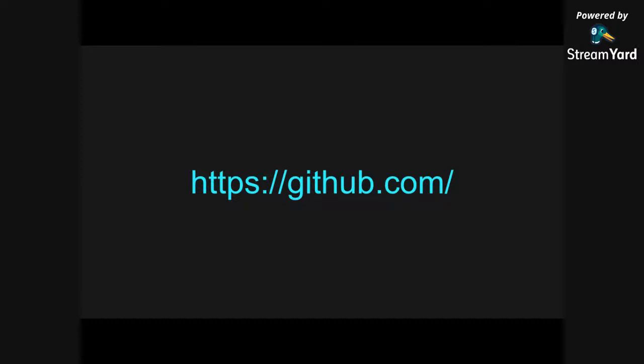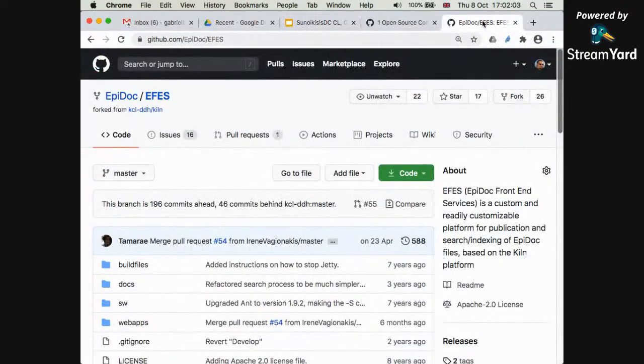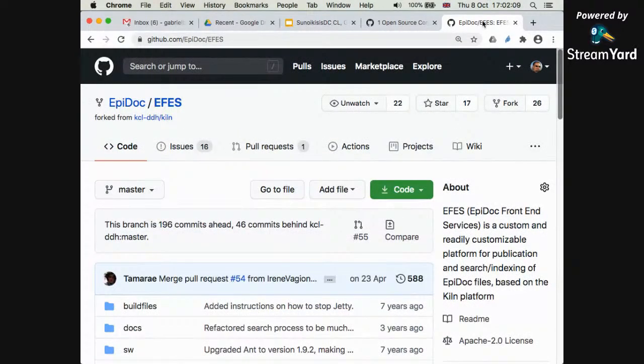So what I want to do now is demonstrate a couple of these things at the GitHub site. And the first thing I want to show is the concept of making a fork, because this is something that we are going to want to do. Those of you who are following this as part of a program, in 2 weeks' time, we're going to ask you to make a fork of the FS code set into a repository on your GitHub account and make your own changes to it there.